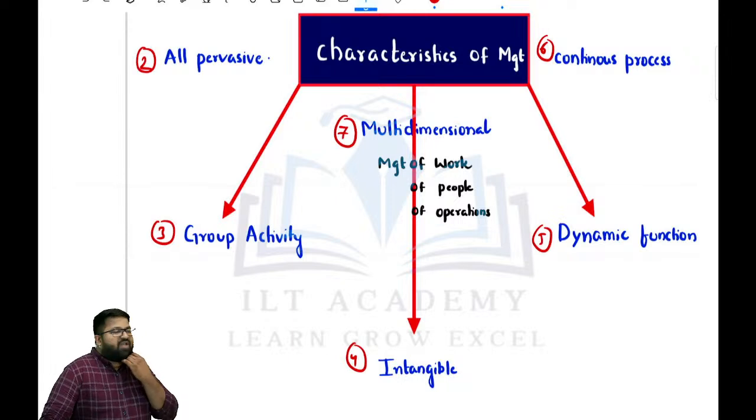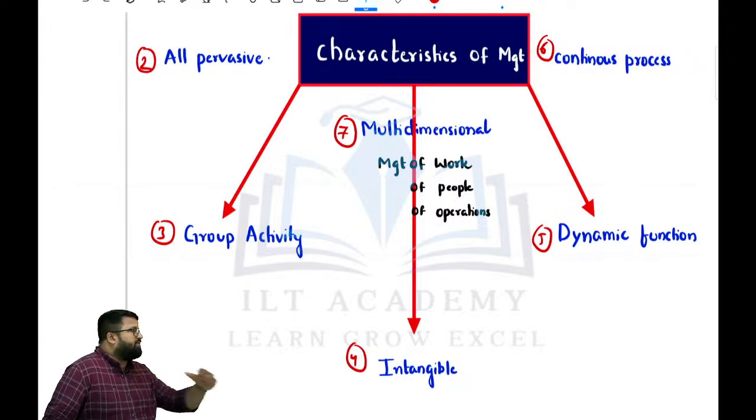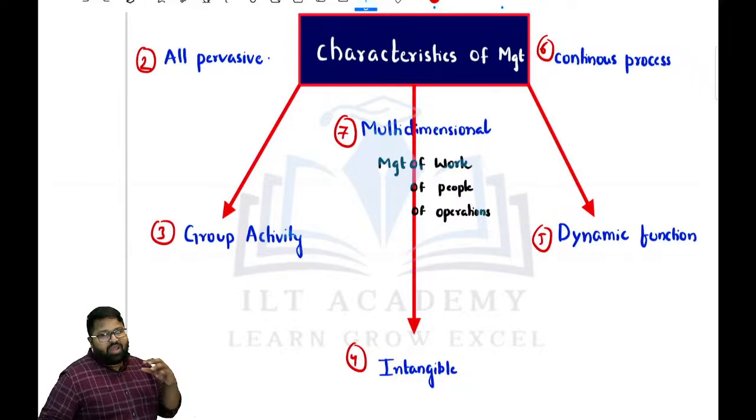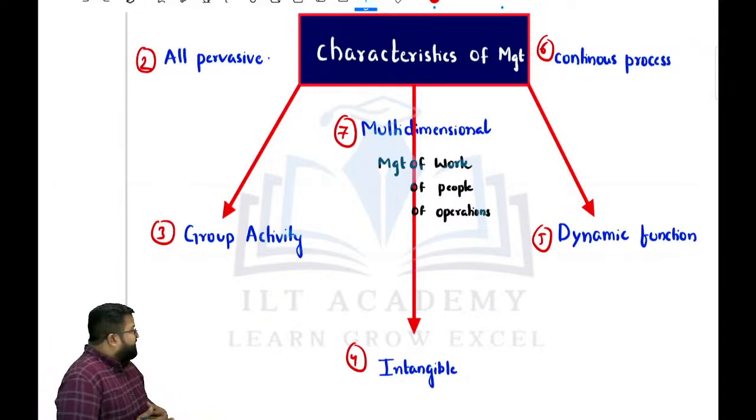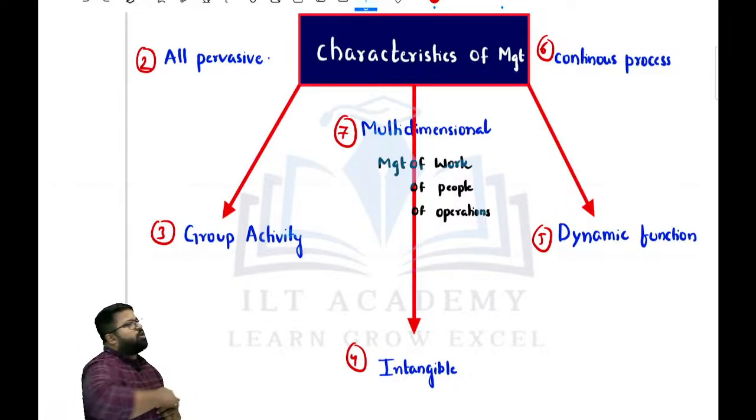and yearly they may have different targets. For example, in the next financial year, I want to increase market share by 10 percent. That is my goal. I should reach that. And what is the second one? All pervasive. It is not just one area or one point. It is connected everywhere.